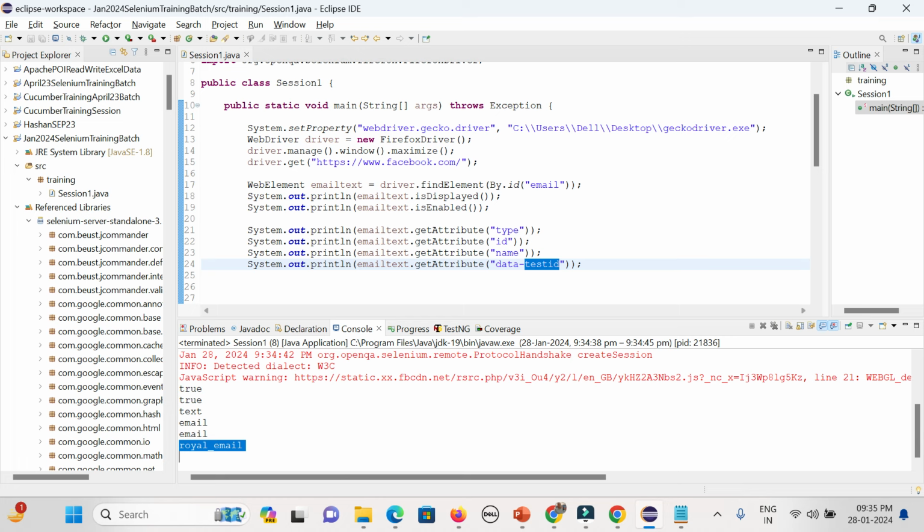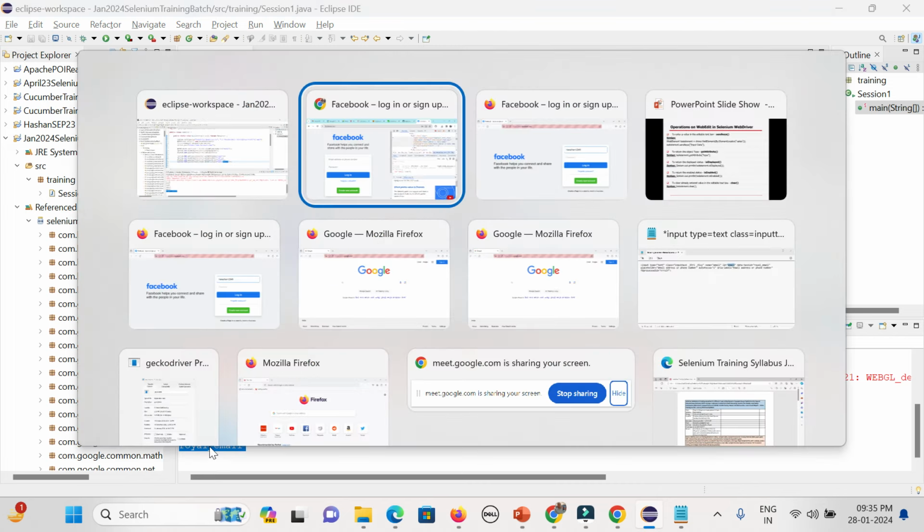Right now, we need to focus on just trying to understand what the different kinds of web page elements available are, and how I can interact with them. What are the different kinds of methods available in Selenium WebDriver through which I can interact with all kinds of web elements.